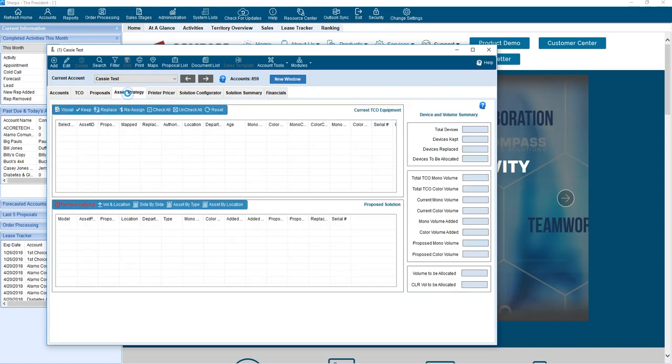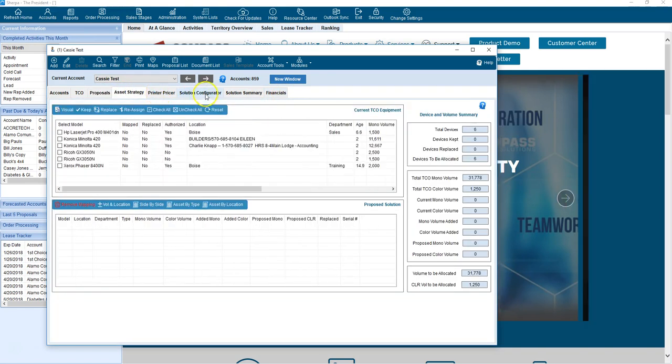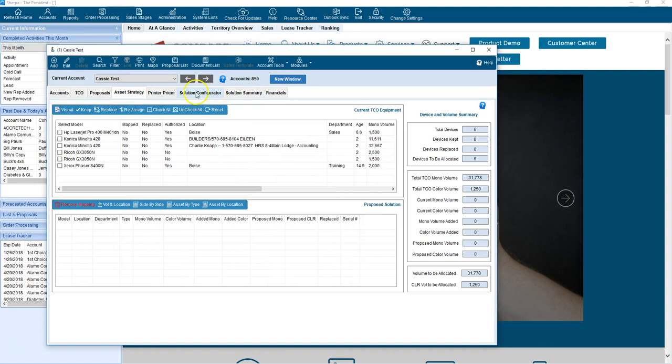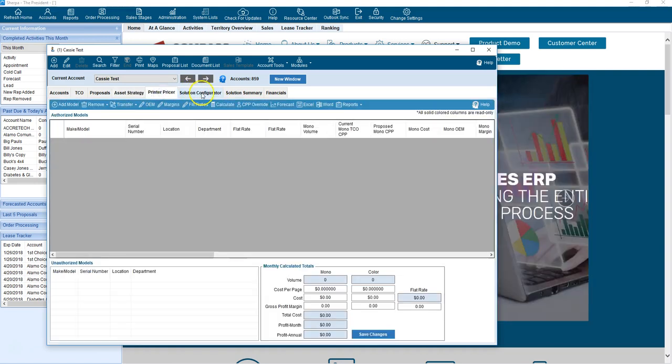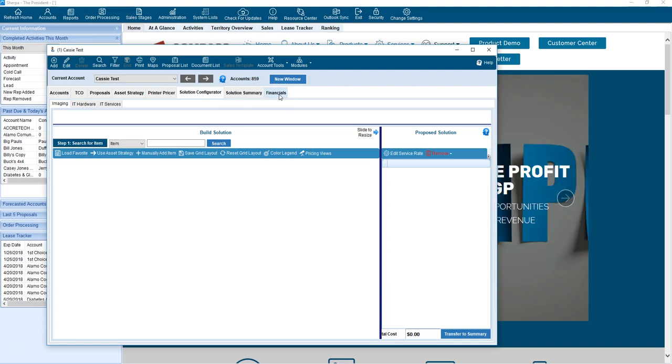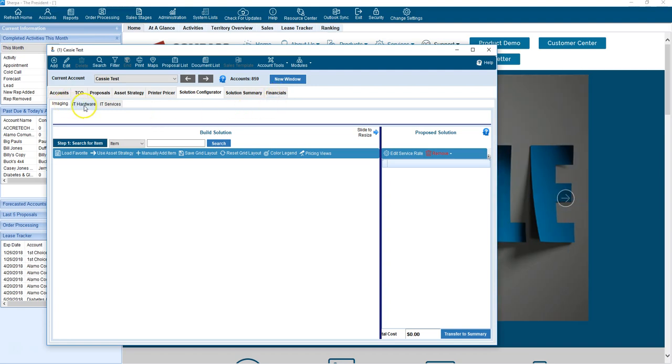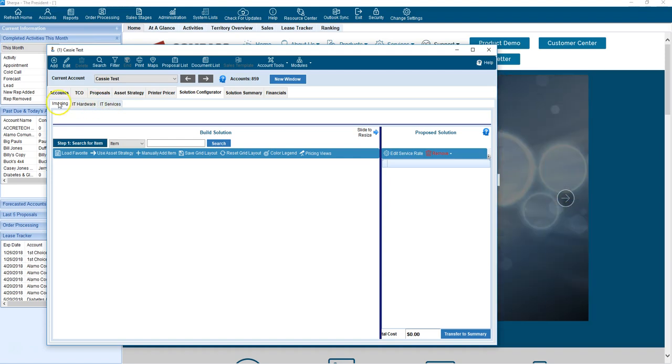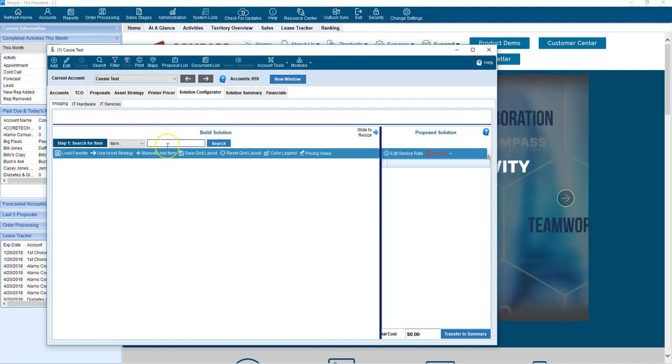I can work up an MPS solution to bring bundled prints into my solutions configurator with new models and accessories. In this example, I'm going to walk through my solutions configurator to financials. If I'm doing both, I'm going to see 3 tabs within my solutions configurator section: imaging, IT hardware, and IT services. I'm going to begin in my imaging tab, where I'm going to choose my new model and accessory pricing